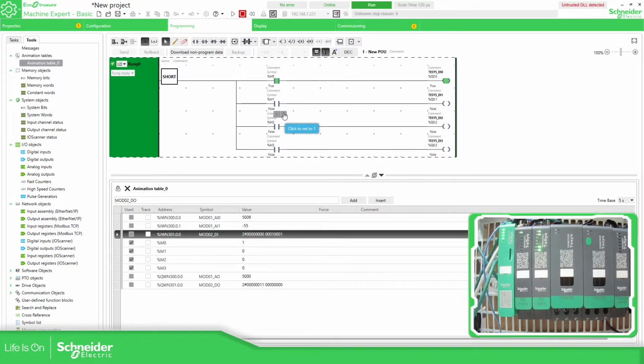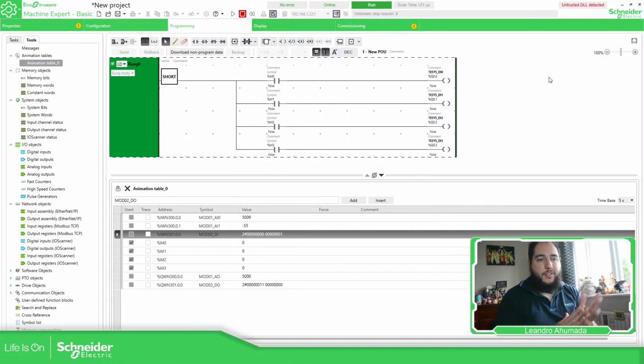And you can see here in the top that the LED is activated, so we are receiving signals. So this is how you can easily integrate the TeSys Island to the M221 information, but this